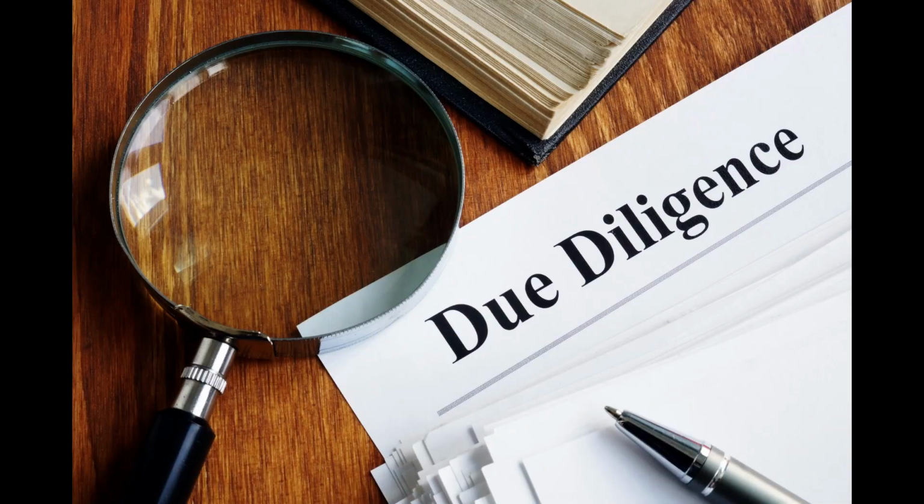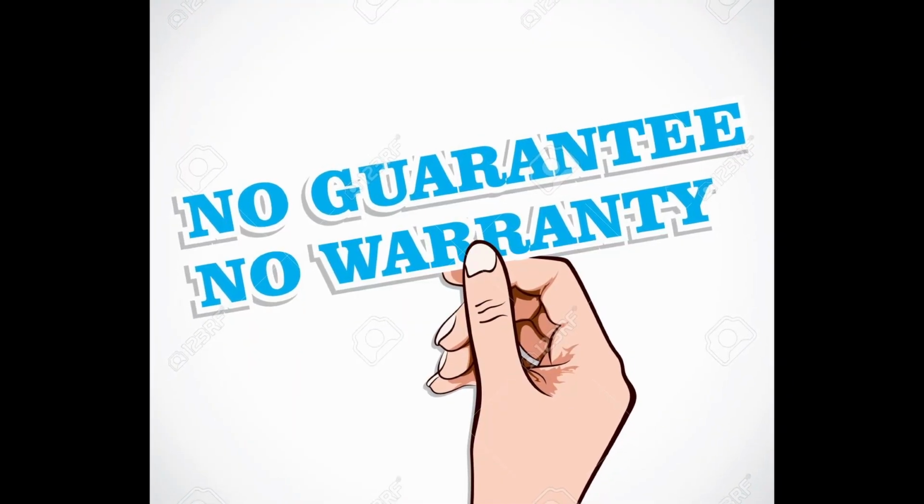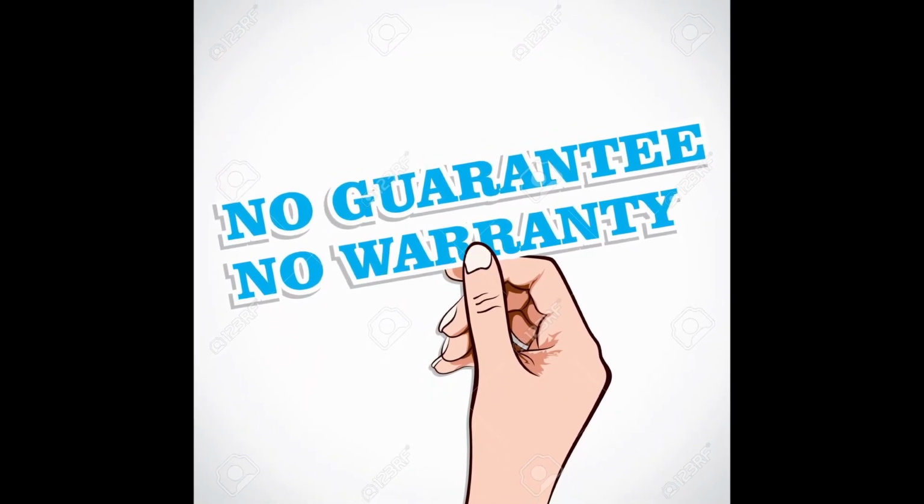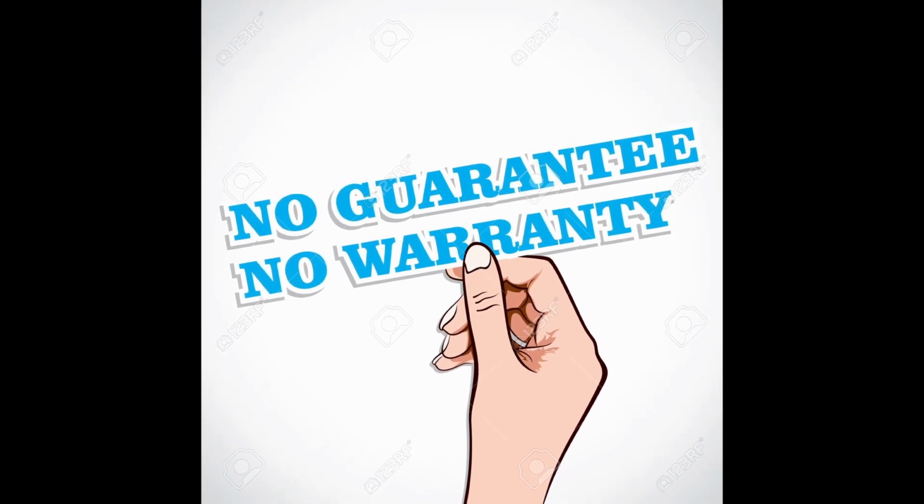I want you to keep in mind, just like I mentioned previously, the IRS or bankruptcy trustee could take this property from you if you don't do your due diligence, okay? So you want to make sure those two entities are not involved, okay? The county is not giving you a warranty that the property is free and clear of any and all liens. They are simply providing you a tax deed and nothing more.